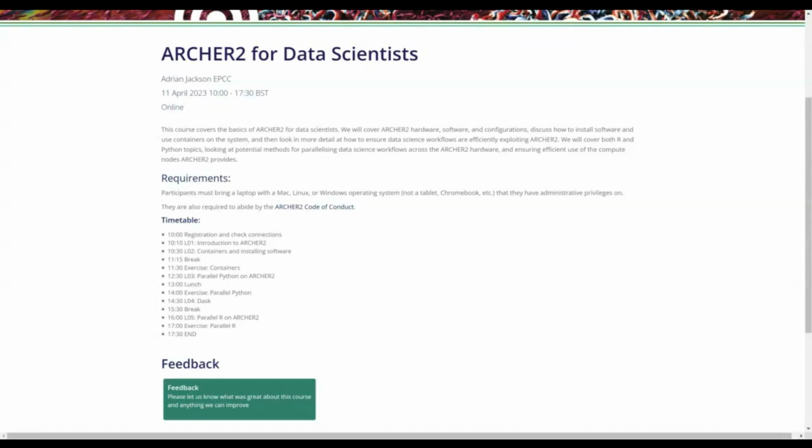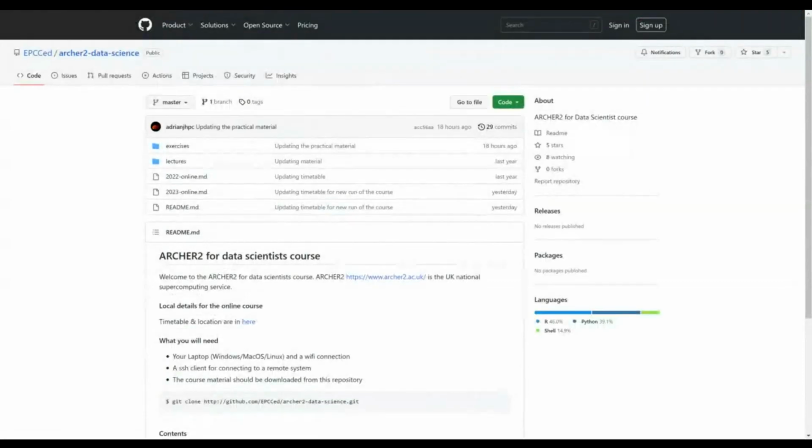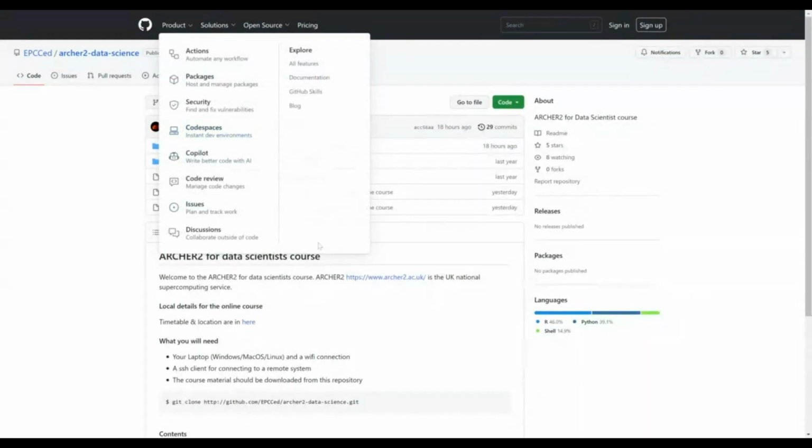The actual GitHub repository we're using for this course today, and I'll put this in the chat here as well, so you can copy it. It will also be in the slides coming up. Is this one here? So it's github.com/epcced/archer2-data-science, and we can see here that we have